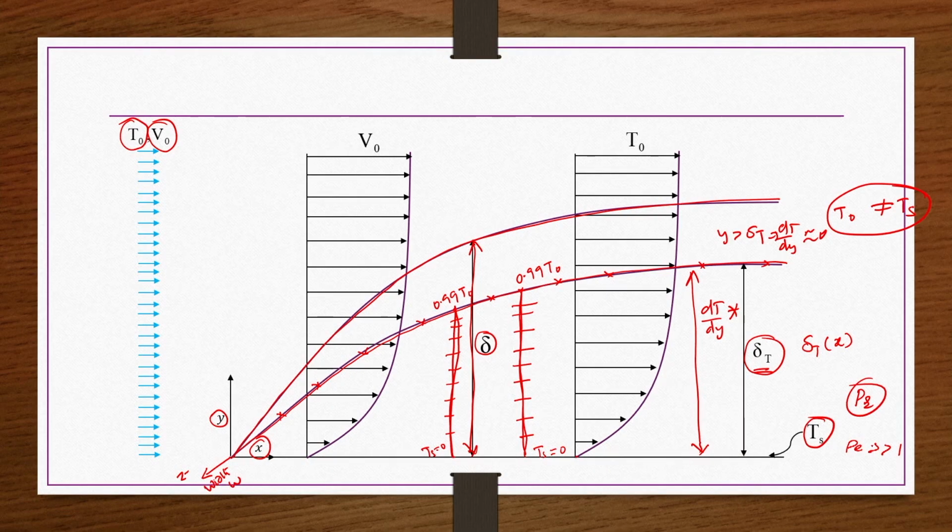So, then Peclet numbers would be very much larger than 1. So, under such conditions the thermal boundary layers are thinner than the momentum boundary layer. So, for that case only we have drawn here. Okay. So, now for this case also we will be trying to develop the integral energy equation to conclude this lecture. Okay.